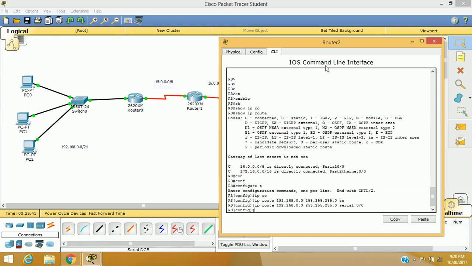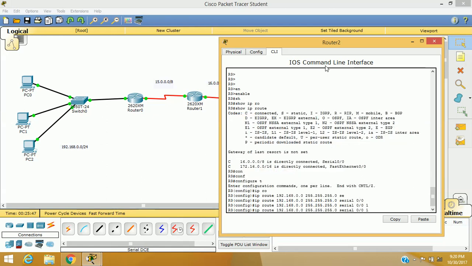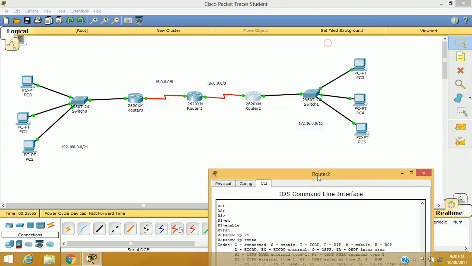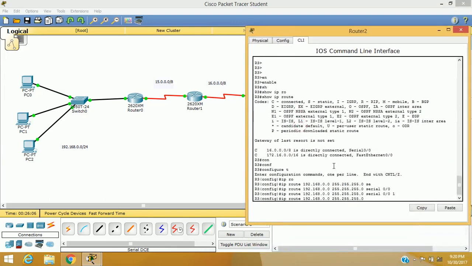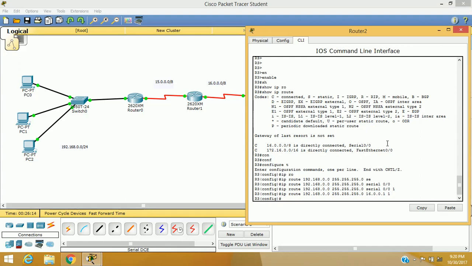and I haven't used an administrative distance number here, I can use it here. And now if you want to use the next hop address, you can use the command ip route, and the next hop address for this router for accessing this network will be the IP address of this interface, and that is 16.0.0.1, and administrative value is 1. So we have configured using both methods. We have added one network, that is 192. Now we'll have to add this one, that is